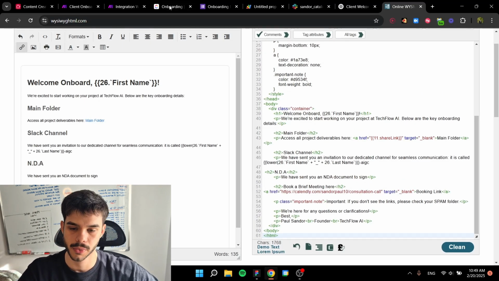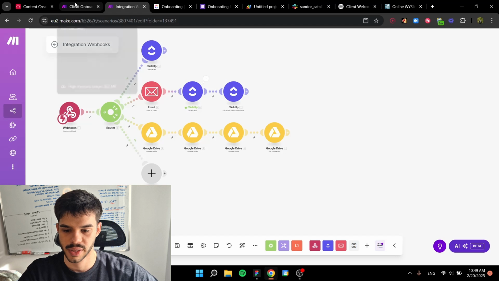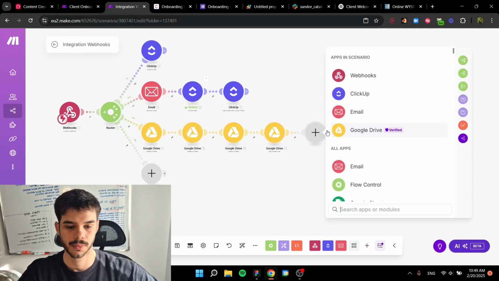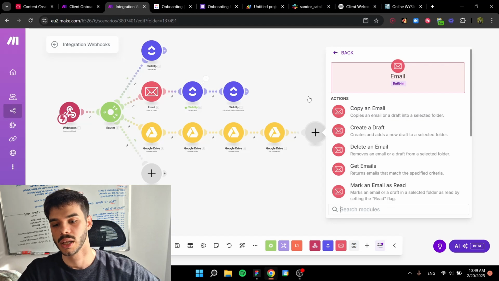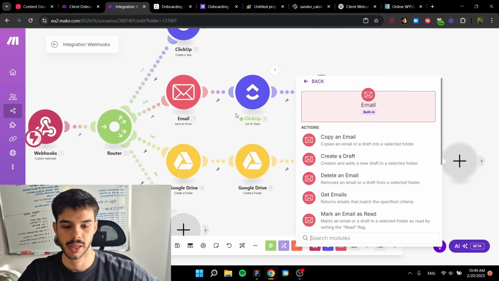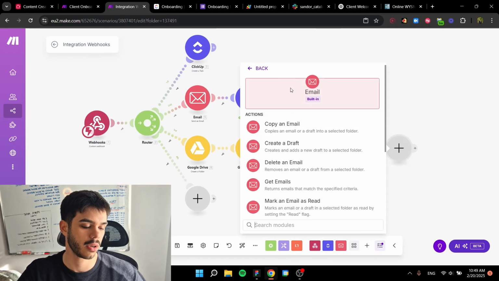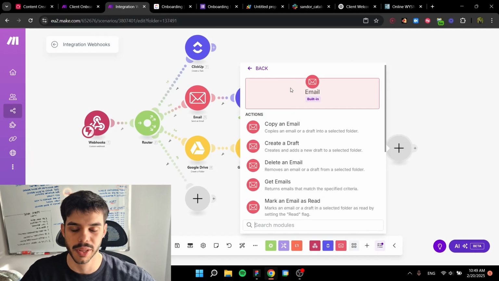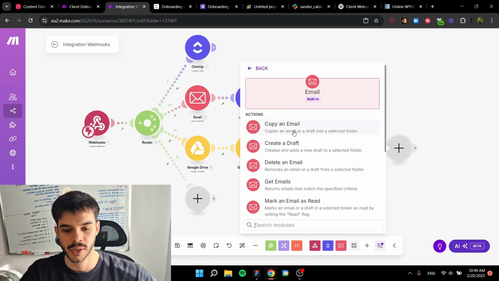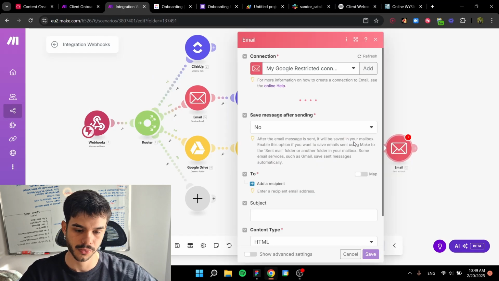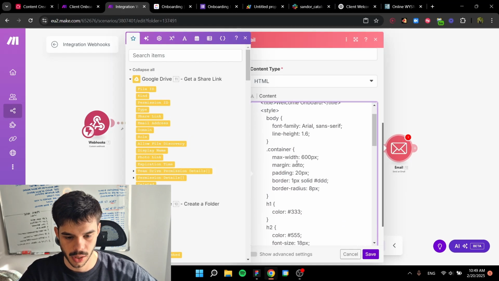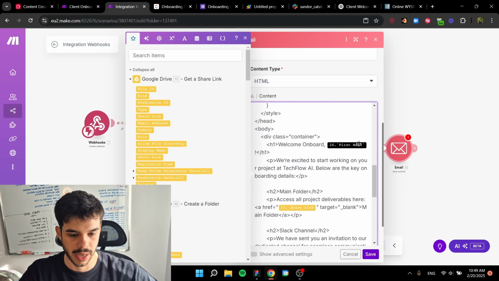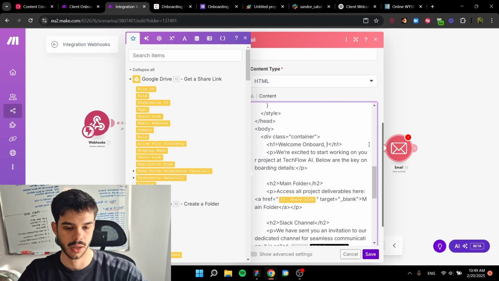Okay, we have this HTML. I am just going to paste it here. You can create this HTML just like we created the first one right here, the send an email HTML with ChatGPT. Just talk to it, it's going to create one and then just play with it. It's pretty easy, you saw that. Again, we are going to be sending an email, and here in HTML, we are going to paste this. We just have to replace all of these